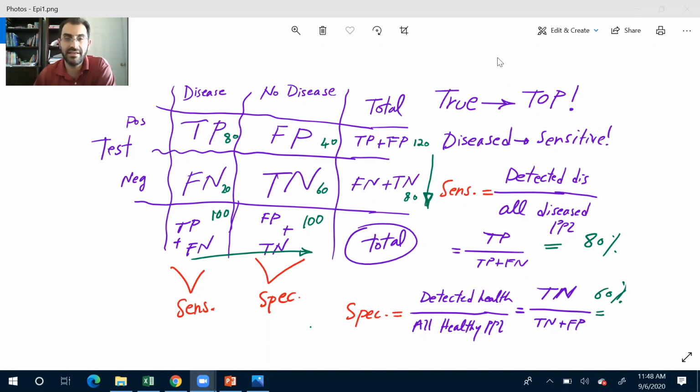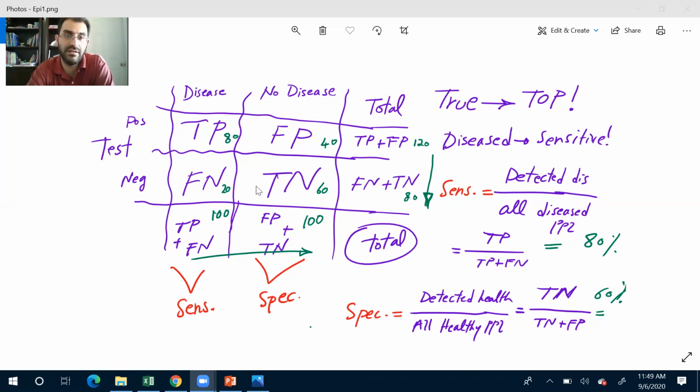Let's start epidemiology and biostat today. The table that will be with us for the rest of the day is this beautiful 2x2 table. You cannot let it go. From now on, there is a 2x2 table for every single question that we do for the rest of the day. So get used to it, and whatever table you were using in the past, just forget about it.